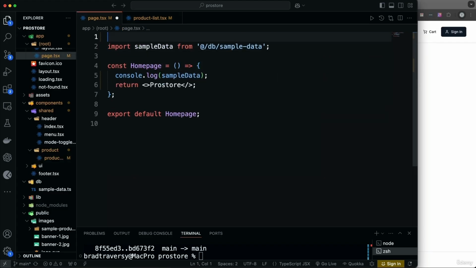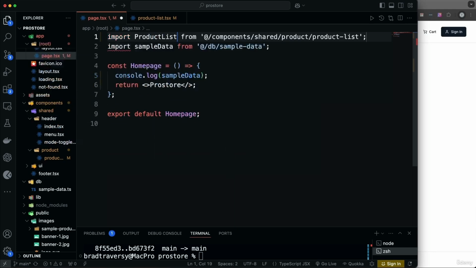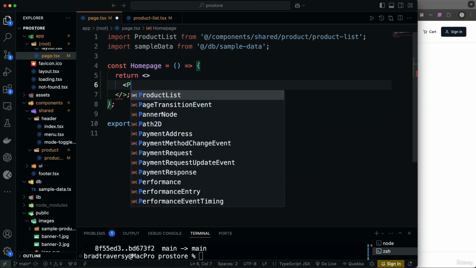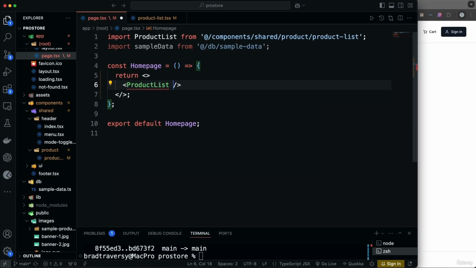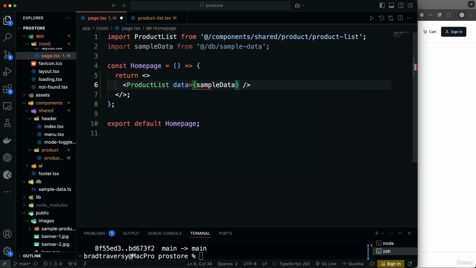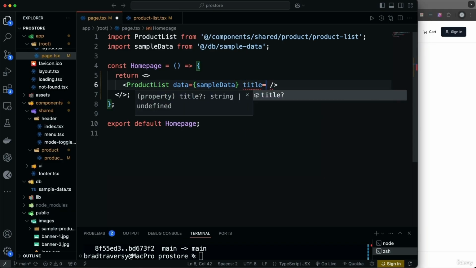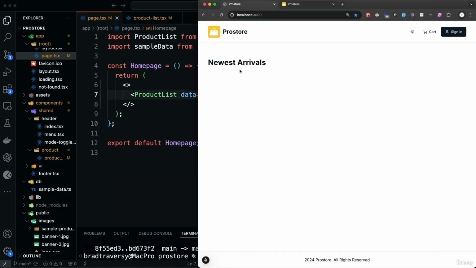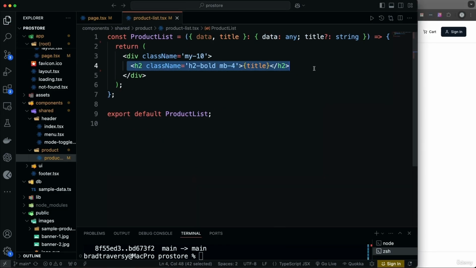So let's see, I'll go right here and say import product list, and let's get rid of the console log. And then in the return, in our fragment, we'll have the product list, and it's going to take in data, which is going to be our sample data, okay? And then title, I'm going to set that to a string of newest arrivals. Okay, so let's save that, and now you should see newest arrivals